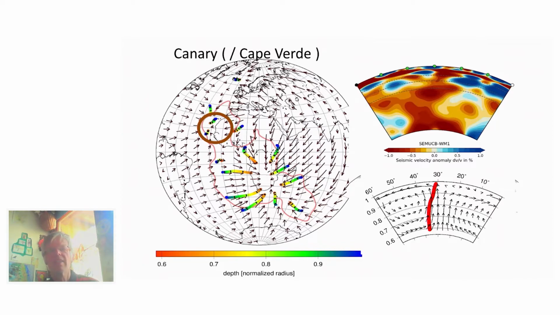And so there are ideas that this basically maybe contains a lot of chemically different material and has more difficulty rising in the mantle. So you need this massive and fat plume in order to come up. But these are all things that are still under investigation and are not